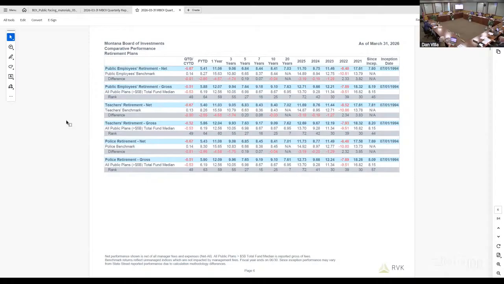net and gross. We tend to focus on this page at the top on net first, and you can see, first of all, from an absolute return perspective, because of the negative markets we did have in the first quarter, you see that negative 0.67% on a net of fees basis behind our benchmark fiscal year to date, including that first quarter, a 5.4% rate of return.